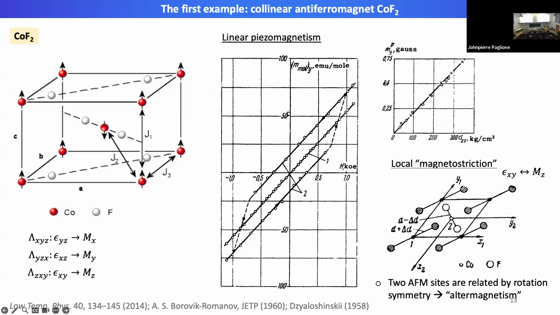Right. So, in any case, you can see that the key here is a strong interplay between the local crystalline environment as well as the orientation of the magnetic moment, and this, in principle, should also be applicable to a lot of the altermagnetic materials that are discussed nowadays. Okay. So this is an example of the piezomagnetic effect in collinear antiferromagnets.